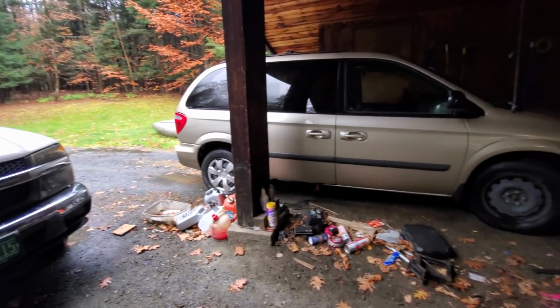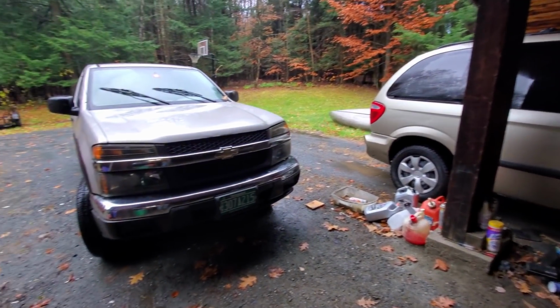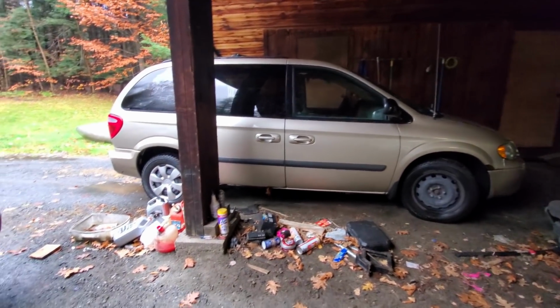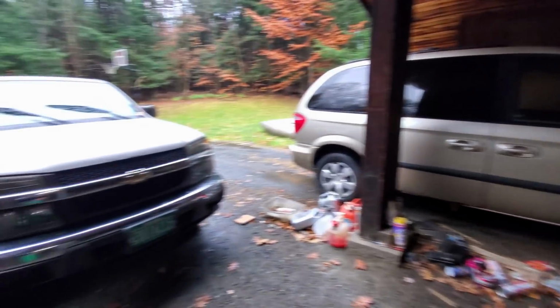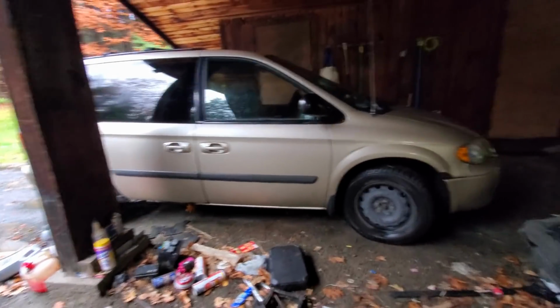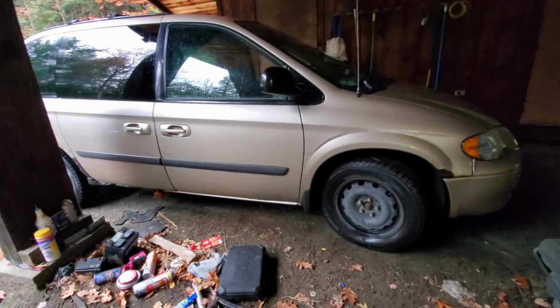So if we're going off which costs more based on what the ad said, then the van would cost more just because the brakes are pretty expensive and stuff. However, each of these had problems not stated in the advertisement. So the biggest problem that wasn't stated in the advertisement for this van, which broke on me a couple weeks